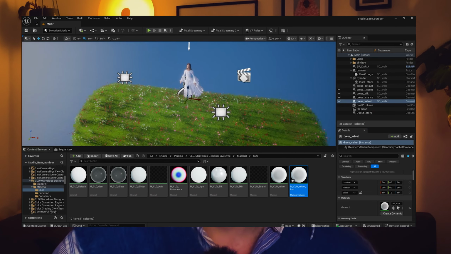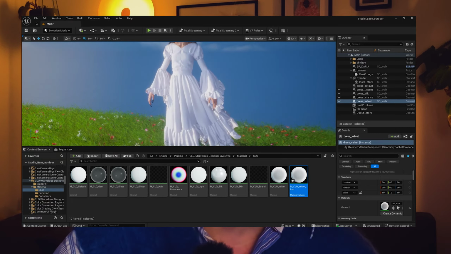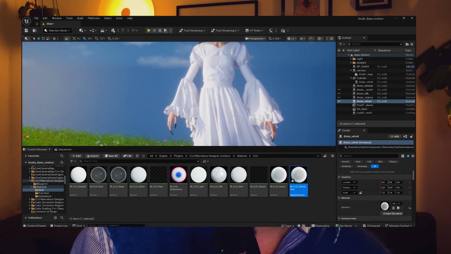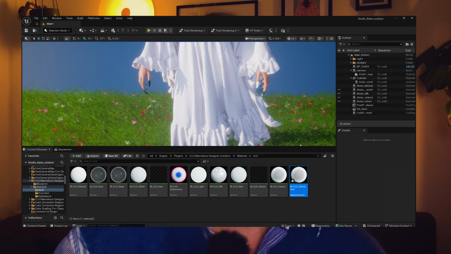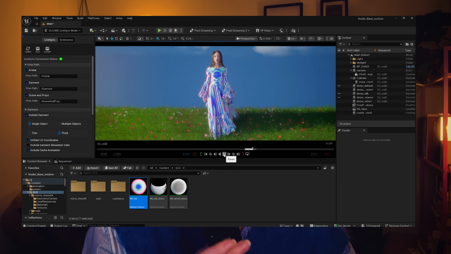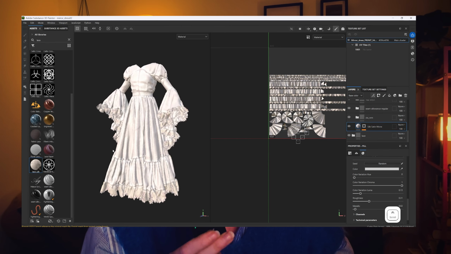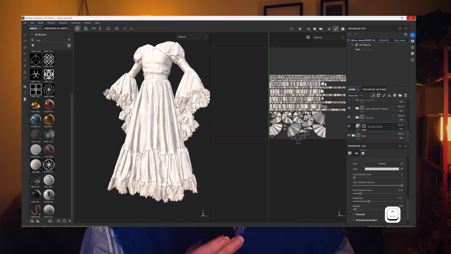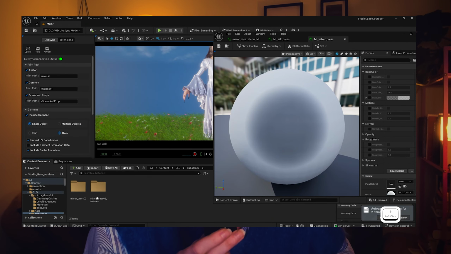But when I now use the CLO Live Sync plugin to bring my materials from CLO to Unreal Engine, it always switches back to the CLO default setup. And that's a bit annoying, but I will show you my workflow, how to bring the material setup back. And then I also will show you how I enhance even my material quality by using Substance materials I import